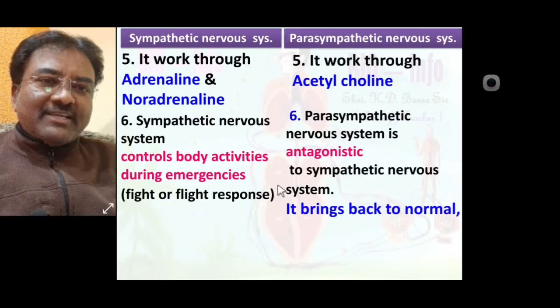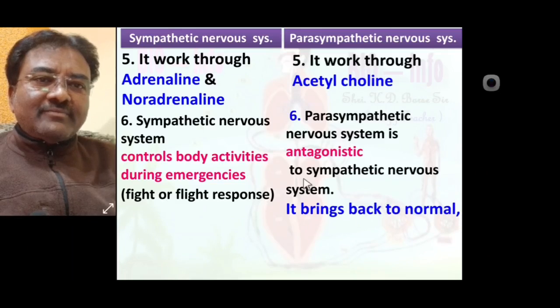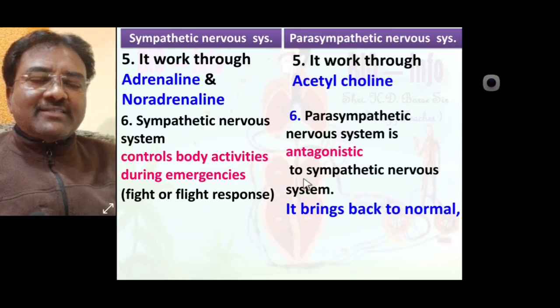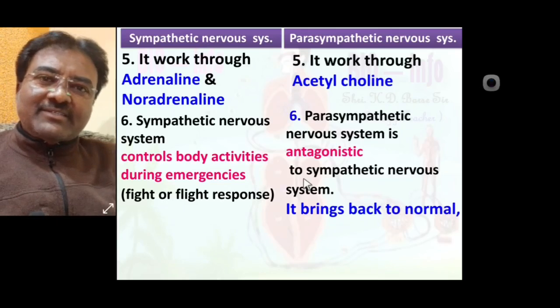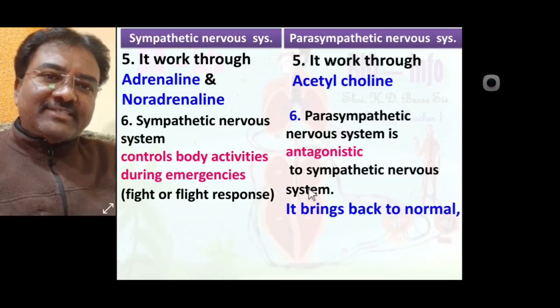याचा अर्थ sympathetic nervous system जे वर्क करते त्याच्या अपोजिट वर्क पॅरासिम्पॅथॅटिक नर्वस सिस्टीम करत असते. सो इट ब्रिंग बॅक टू नॉर्मल. अप टू दिस वी डिटेल डिस्कस sympathetic nervous system and parasympathetic nervous system are the two types of autonomous nervous system. Now we learn